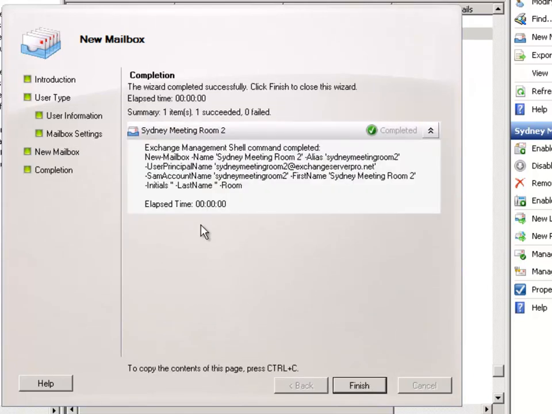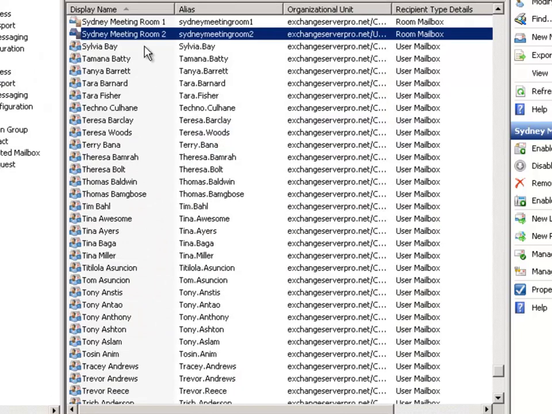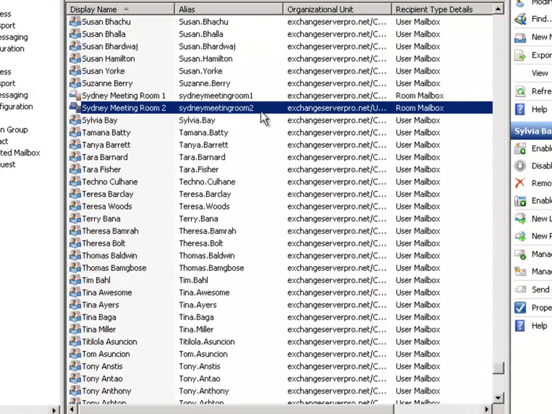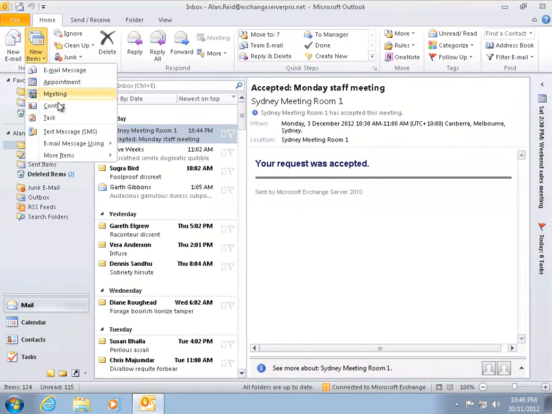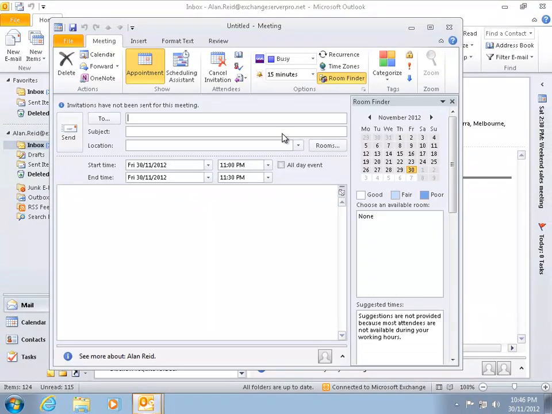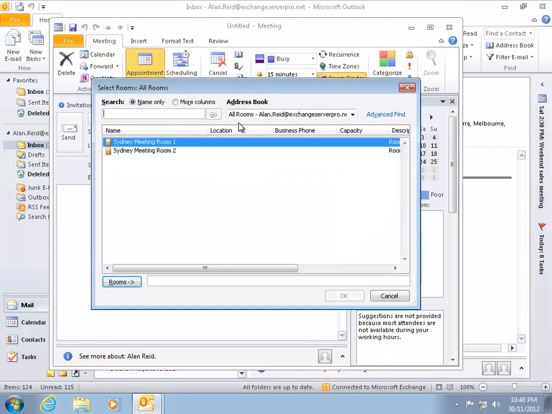Let's jump through the rest of the wizard there. And it is basically as simple as that. So there's our second room mailbox. This time it starts with the recipient type of room mailbox, because that's the one I chose during the New Mailbox wizard. And again, it shows up in this All Rooms